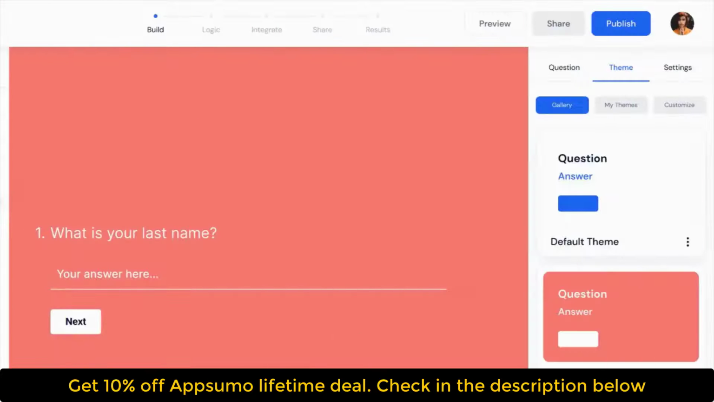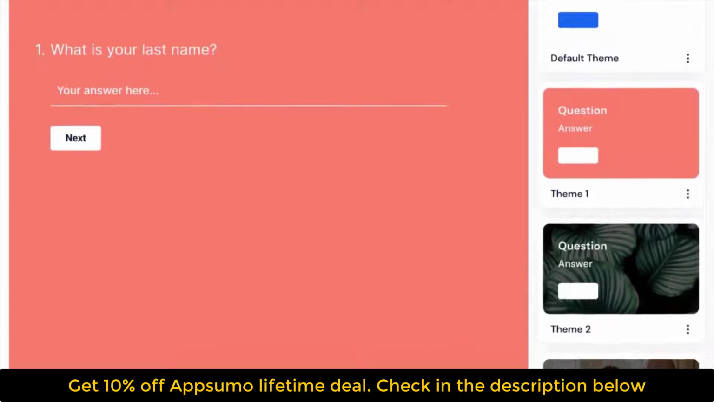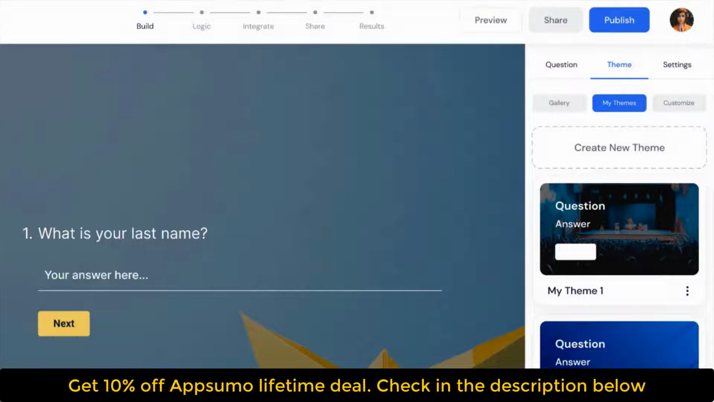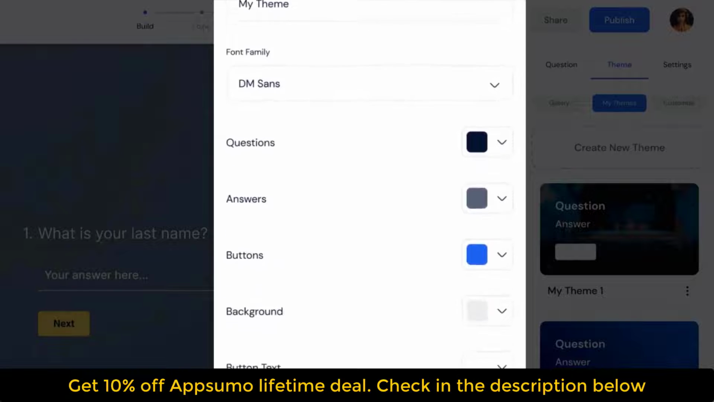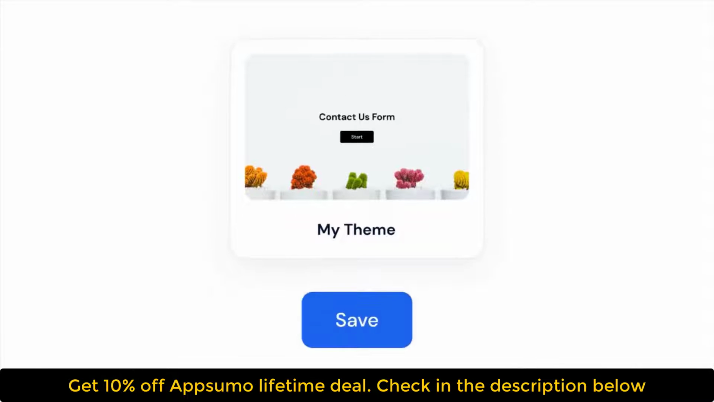Customize form designs matching your brand. In the theme library, there are hundreds of pre-made themes, or you can create your own theme using your brand colors. Editing the font or adding background images is very simple. Once you're happy with the designs, save it as your new theme and use it for future brand surveys and